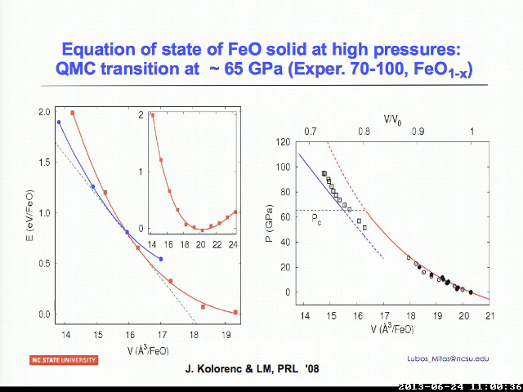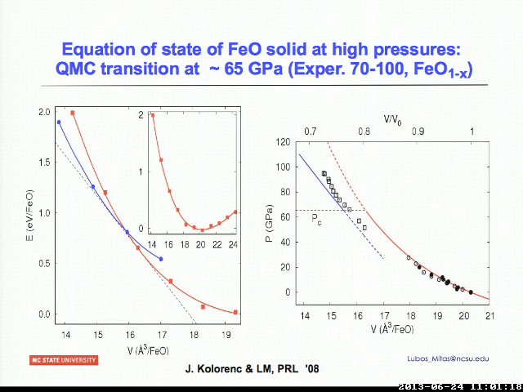So these are our predictions in here. We are not completely sitting on the experiment, which is okay, because we have ideal iron oxide. In experiments, you never have ideal iron oxide. It doesn't want to be stoichiometric, so there's always a little bit less oxygen than ideal. And the experiments were between 70 to 100 GPa for this transition. We see about 65 GPa for the transition, which I consider to be very satisfactory, considering, as I said, a human hand didn't touch these calculations. I just put the basic formulation into the machine, pushed the button, got the numbers, plotted it out,